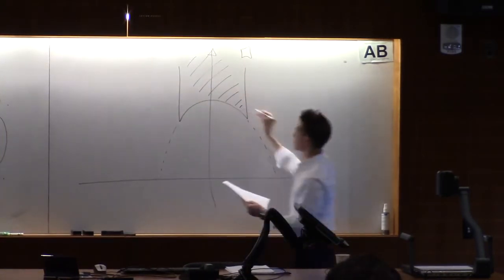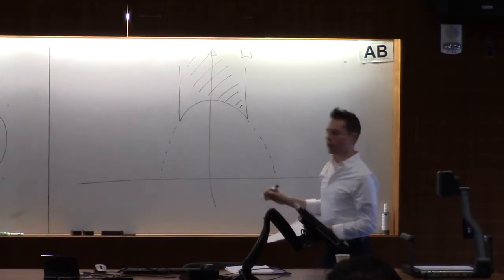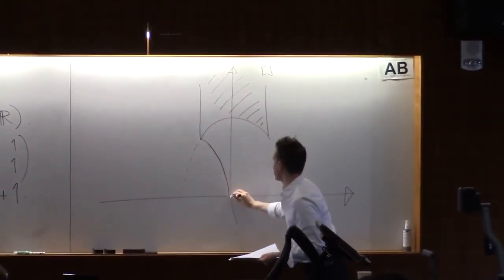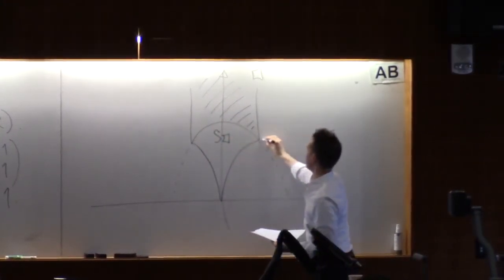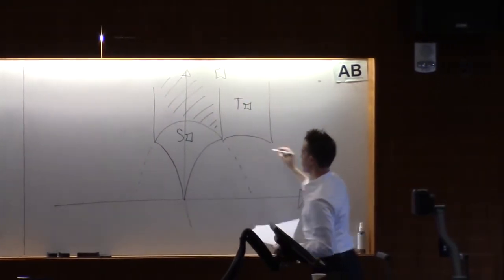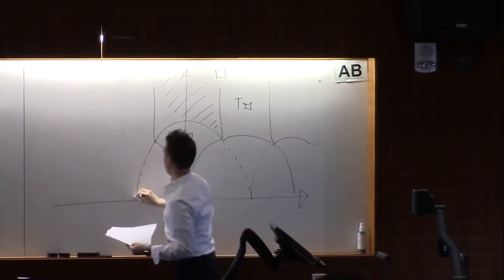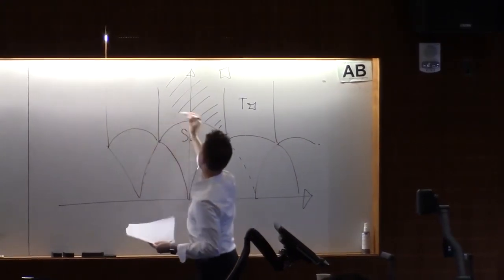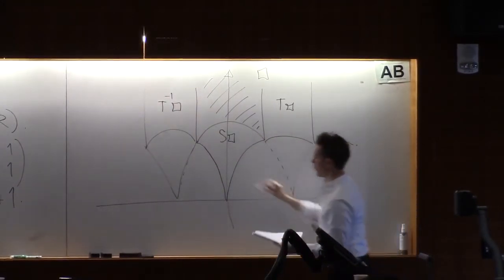You might ask what the translates of this set look like, and you hopefully have seen a picture like that before, but if not, here it is. This is what you get if you apply S to it. Here's what you would get if you apply T. And similarly, you would have all sorts of copies over here. They continue on here. This would be T inverse. And around here, there are more copies too.